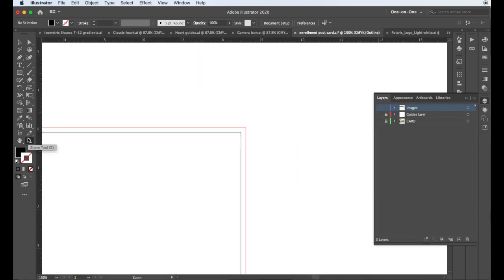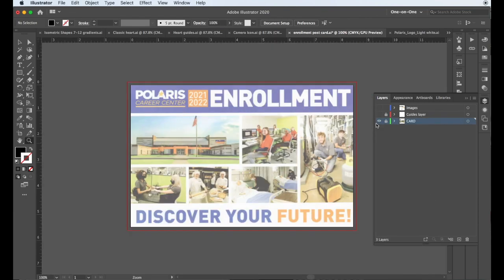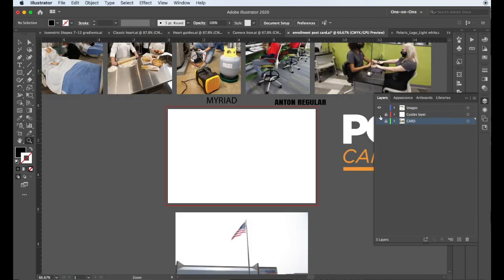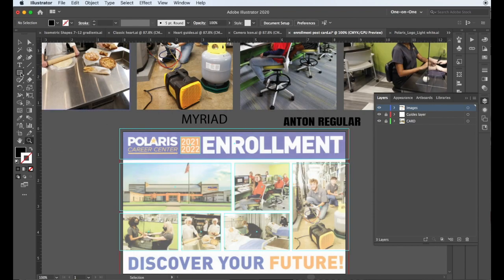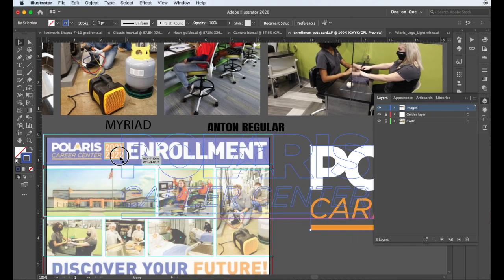There's an 1/8 inch bleed in red all the way around the card. Card's half of 8.5 by 11, so 8 by 5.5. The background layer, there's a guides layer, and then the images with the layer and the type and the logo all placed on top. So just taking the selection tool and zooming in here with the rectangular tool to do the outside edge, the blue, just switching it and using the eyedrop tool to fill it with blue, and placing